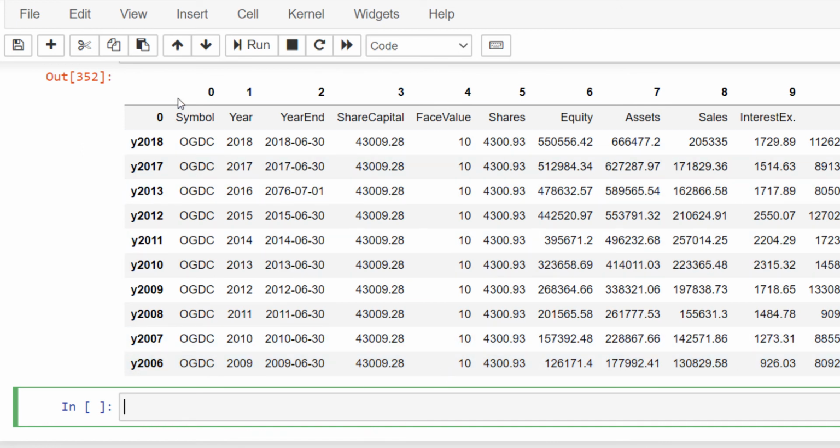Okay, now what if we want to use these as the column names instead of 1 2 3 4 5? We can do that in actually 3 steps. We'll first extract all the data starting from this index till the end.